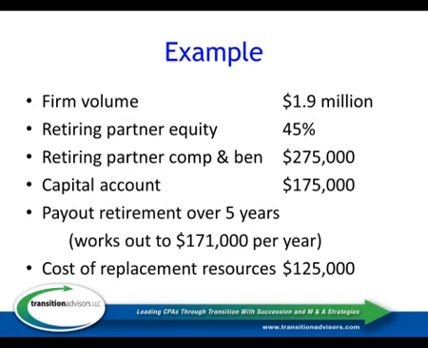The client-specific non-compete is absolutely critical, and I think it's important to cover the buyout period. So if you have a 10-year buyout, you should have a 10-year agreement that says you can't provide services to the clients of the firm, at least the ones that were there when the partner retired, for that 10-year period. Because you don't want to find yourself paying a partner for value, and then he's taking that value back away from you, and I've seen that happen. I've known CPAs that have actually retired 3 different times from 3 different firms with the same client base. So hopefully you don't have partners like that, but I think you should cover yourself with respect to client-specific non-competes for the payout period, at least, if not longer.